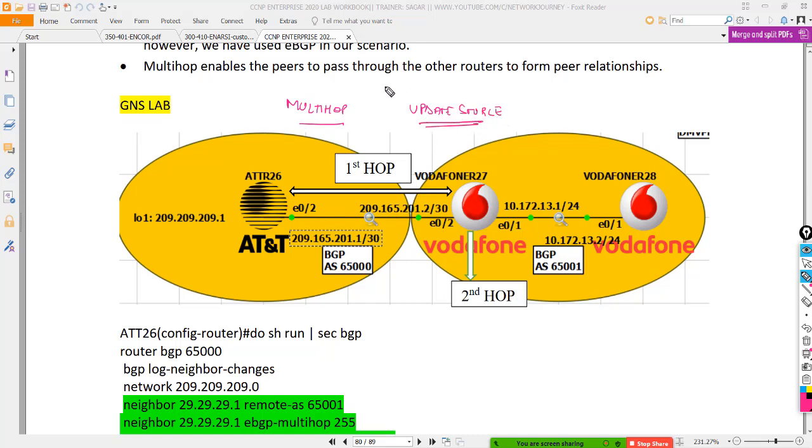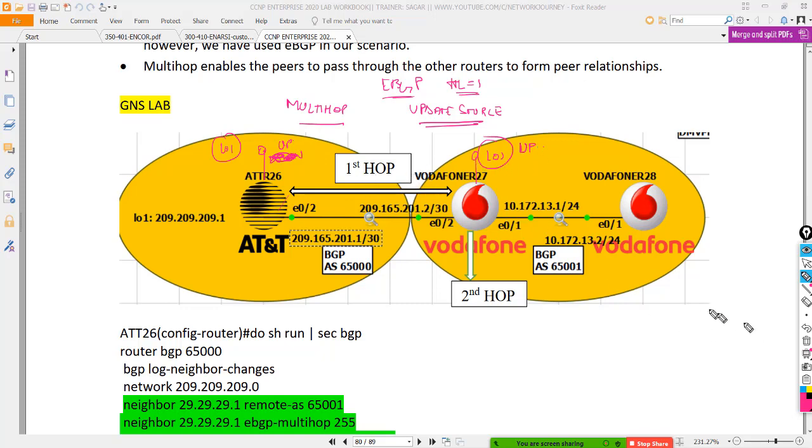Where do we need this? In eBGP. Why do we need this? Because TTL by default is 1 and there's no way I can bring up an eBGP relation between loopbacks. The best practice is to use loopbacks for BGP because they usually don't go down, they are always up.